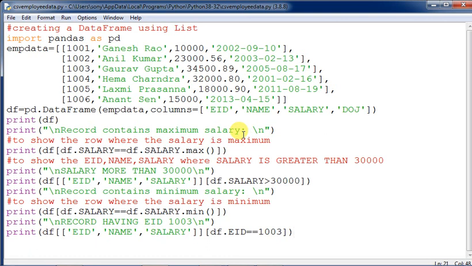Remember, when you create one data frame, you can apply several commands onto it. You can do slicing, you can do queries, everything. Please practice this to get a grip on the data frame. Sometimes a written test may be taken, so the data frame program has been given, and this kind of program will really help you. The same thing can be done with the help of a dictionary also.